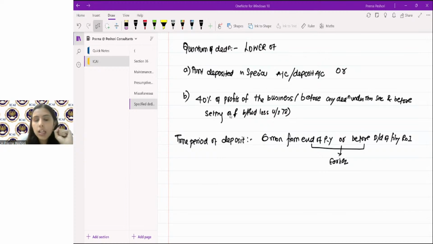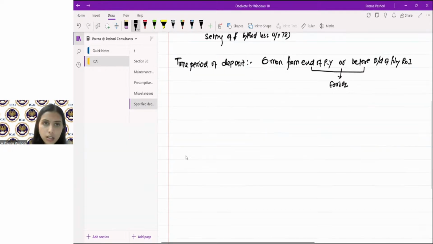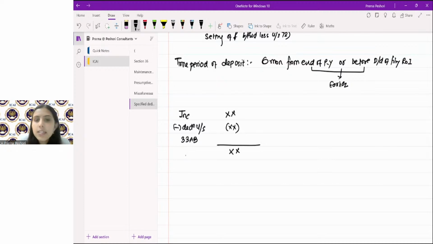Are we clear? Now here, this particular deduction, how do we calculate here? So income, whatever income you will have, less deduction under section 33AB. Now here, whatever the business income will remain, right? As per rule 8,